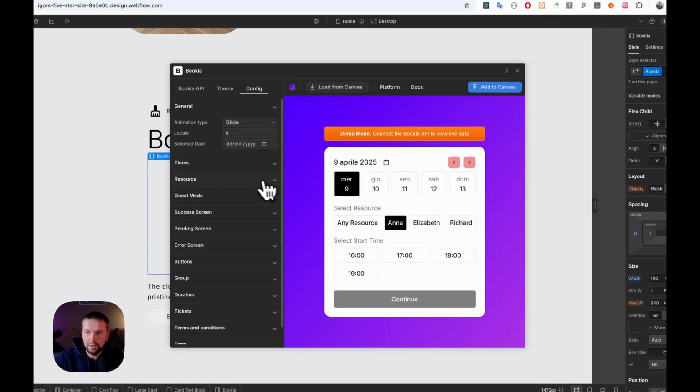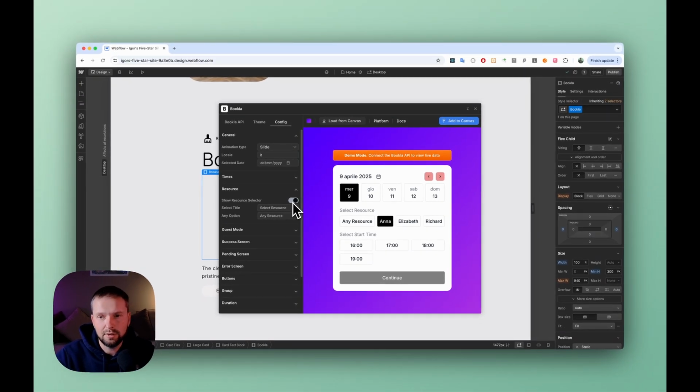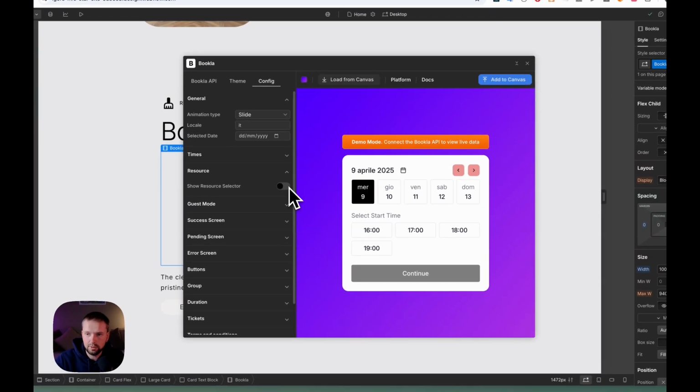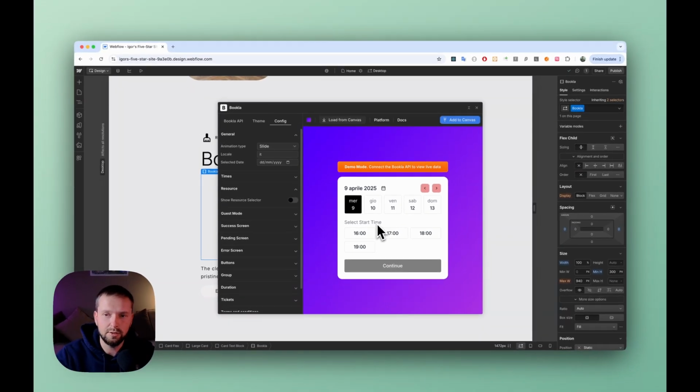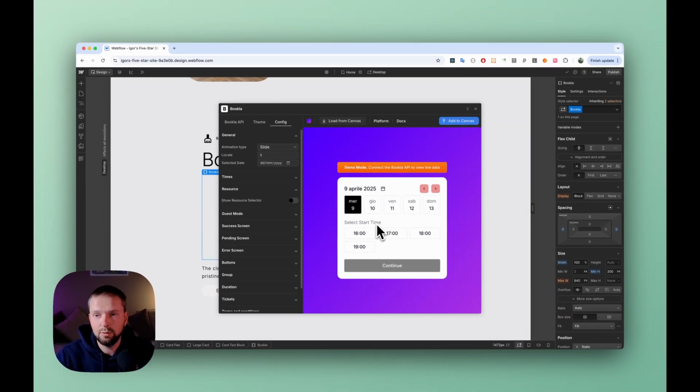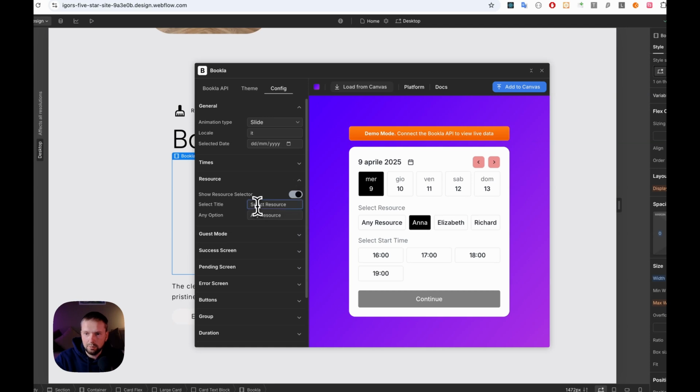So then resource, it's this section, and if you don't want the customer to select the resource, you can just disable it, and here it's not visible. For example, if you have, I don't know, 3 people who are providing the service, and you don't care who will take the booking, and the customer doesn't care, then you can just disable it. Or for example, if you have just one resource and there is no sense to have just one selectable option. But let's return it, and also you can change the text if it's enabled,